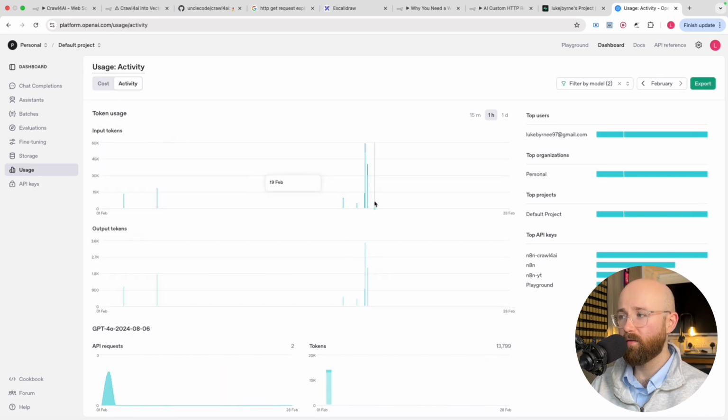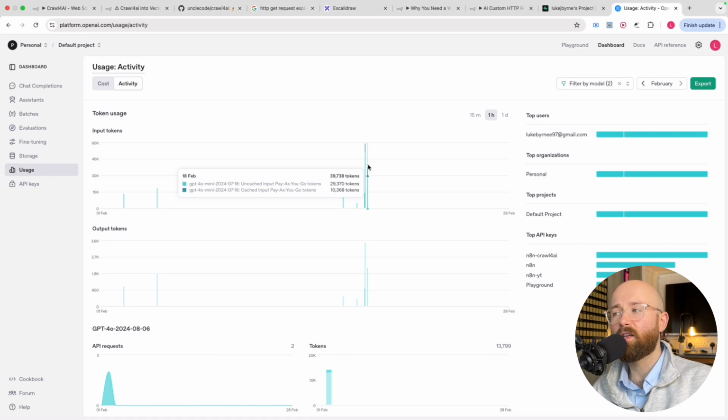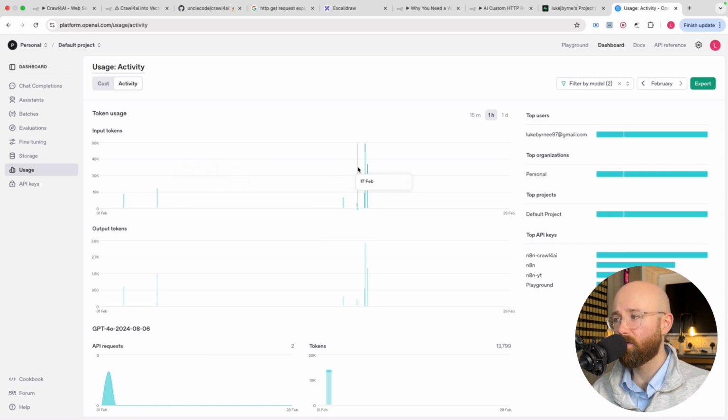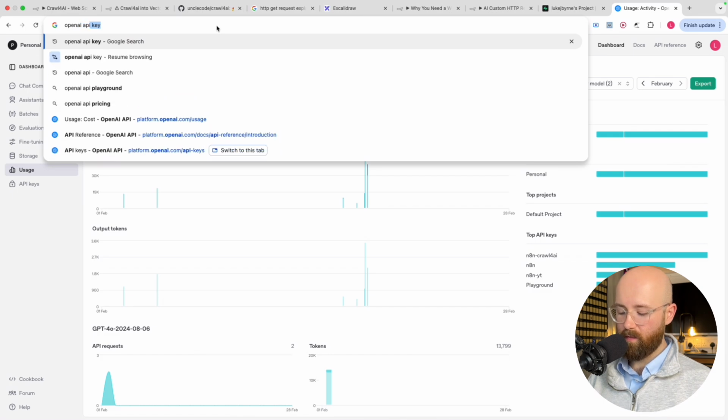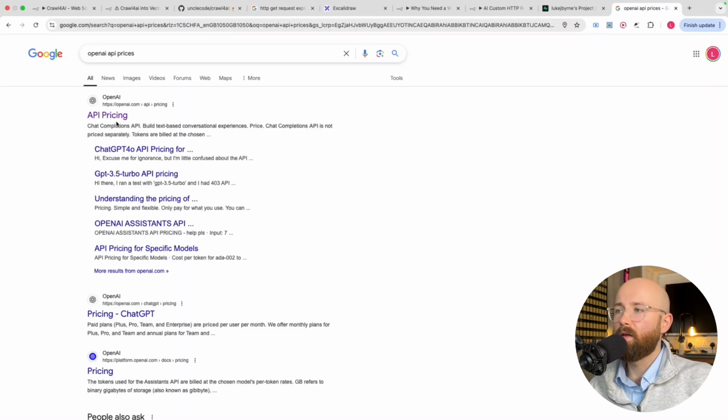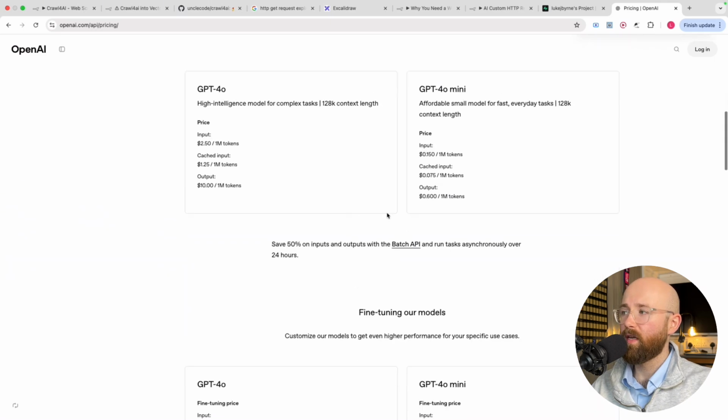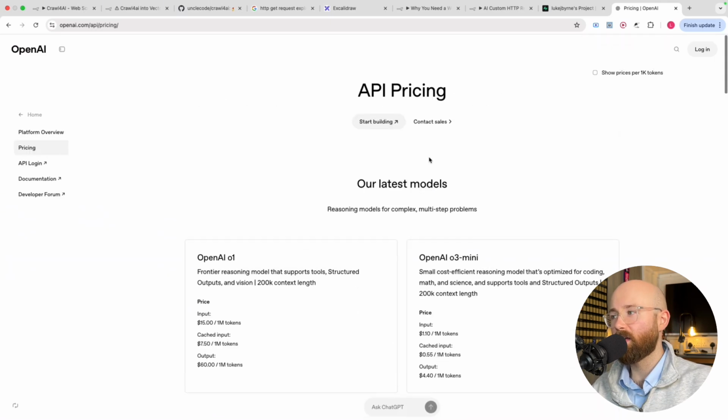I'll not use cost, we'll use activity. You can see that today I've run, I don't know, 10 queries or something, and it's used 40,000 tokens approximately. 40,000 tokens, 30 of which is uncached, 10,000 of which are cached. Uncached are more expensive because you have to go through an extra layer to go and get them. But if we see the OpenAI API prices, we go in here, 4.0 mini, you can see I was out by a zero,